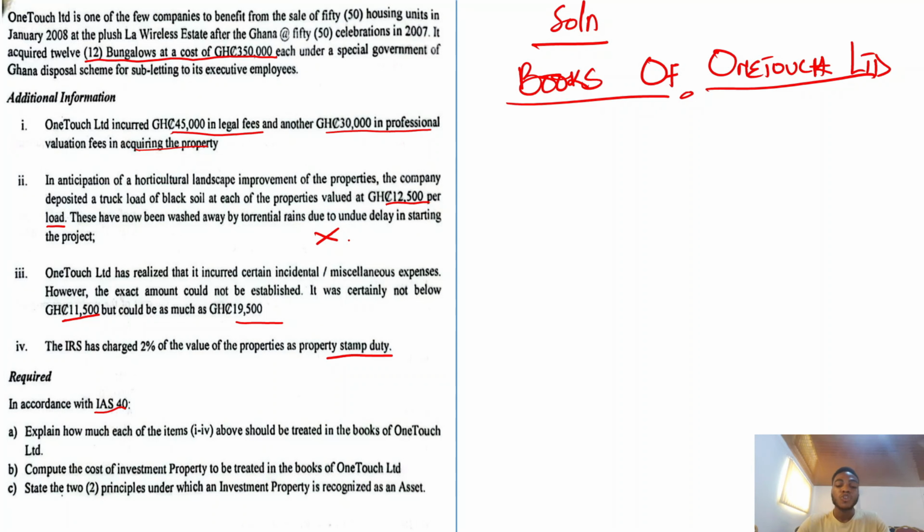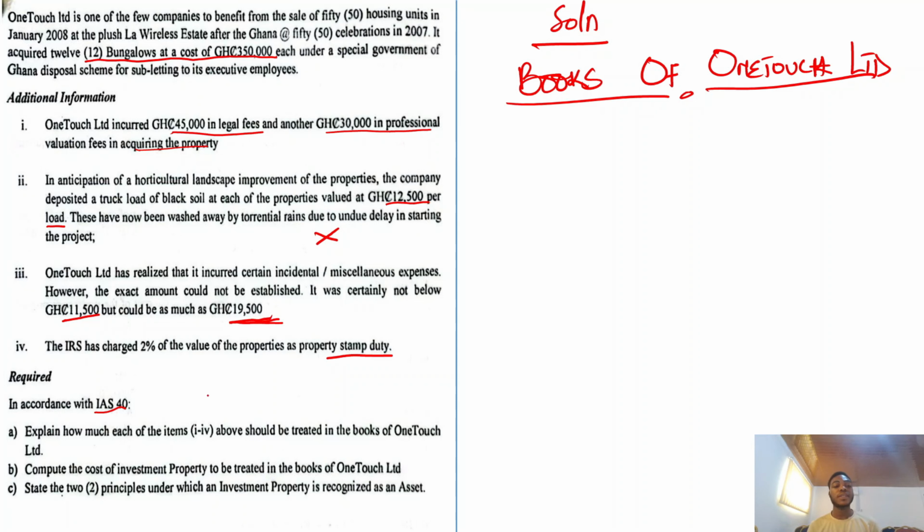It's an estimate. So what we will have to do is go with the higher one. That will be on the safer side. Is that not it? Because you are saying that it's not less than 11,500 and it's obviously not more than 19,500. So we have to make a provision of 19,500, and this must be added to the cost of the